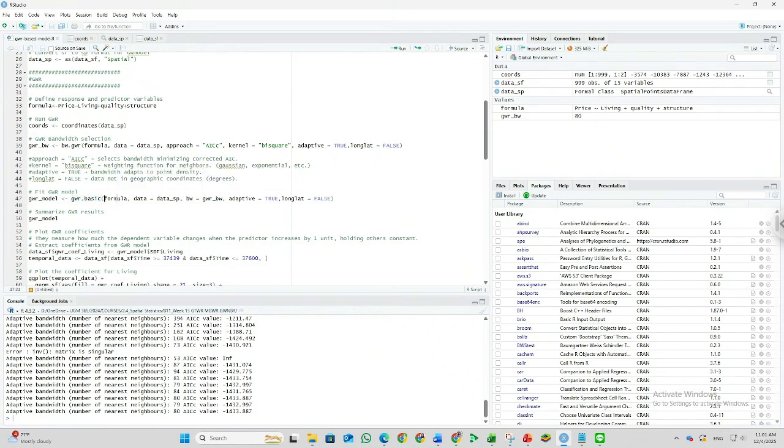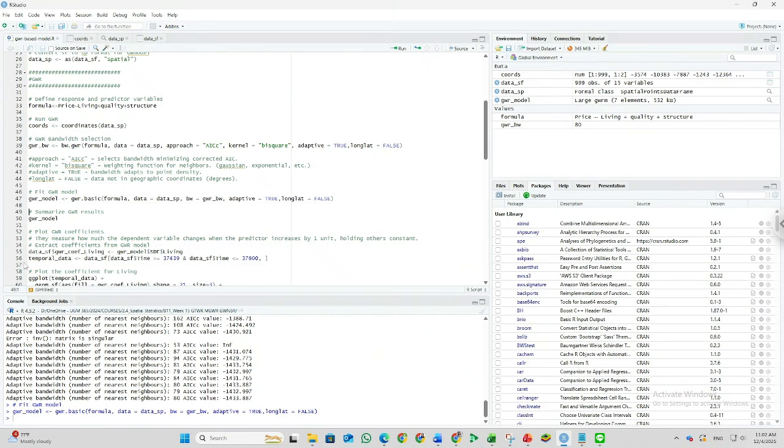This is our formula in here, and we use the data in our dataset, and for the bandwidth we use the bandwidth that we have already obtained in the bandwidth selection, this one. So make sure it's the same. And adaptive is true, the same, and also longlat is false because our dataset is projected. So we can run.